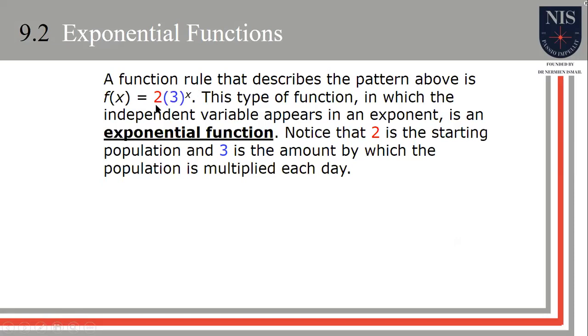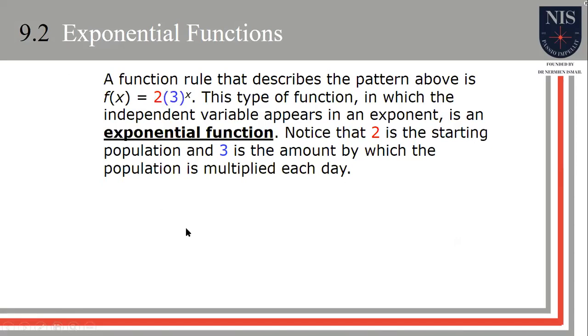What does 2 stand for? The starting population. The starting population, and 3 is the amount by which the population is multiplied each day. So once we have an exponential function and I want to write it as a rule, we will write 2 times, and 2